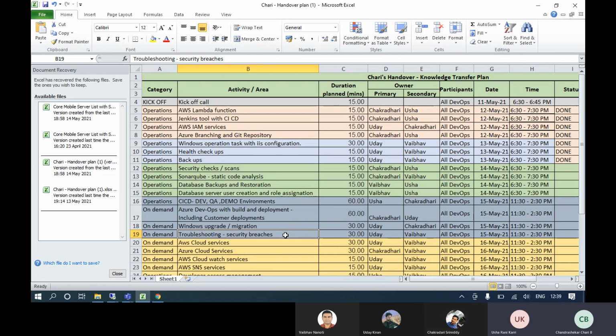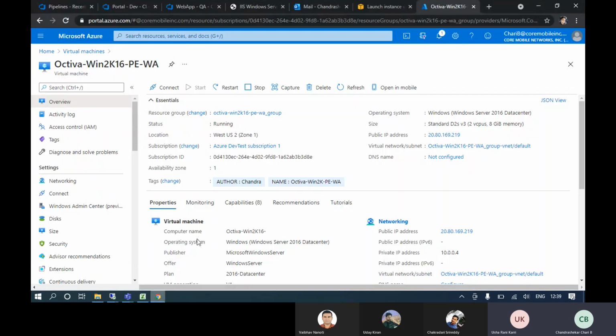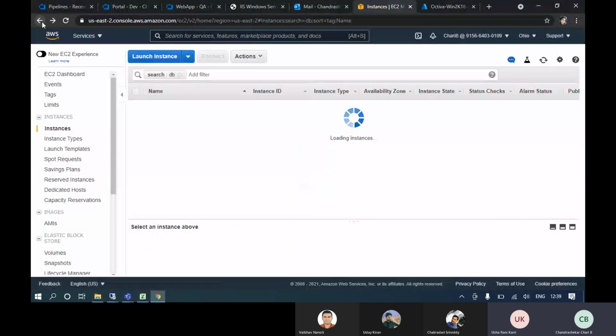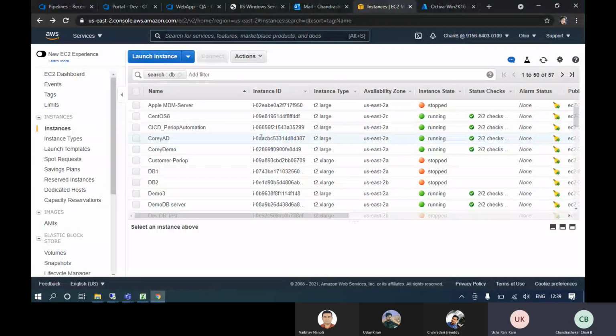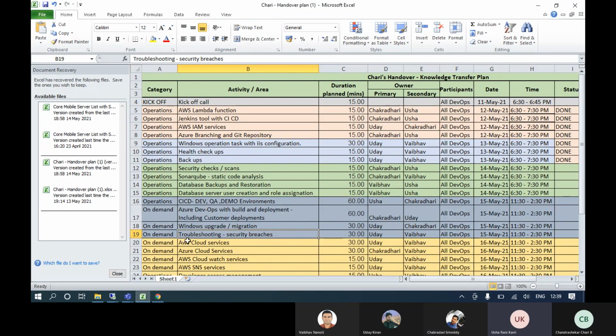So Uday, Chakradhar, Usha, we need to practice this, because some dependencies will be added in these servers. We have N number of AWS servers, so there will be some dependency. We need to use a migration tool to migrate from AWS to Azure. It will completely replicate from here to there, so you cannot create new servers and install whatever is required. So only migration is the minimum possibility, right?